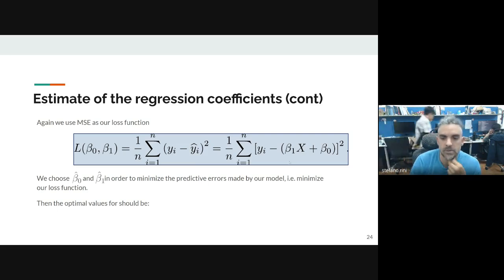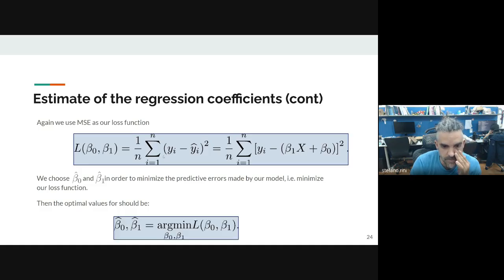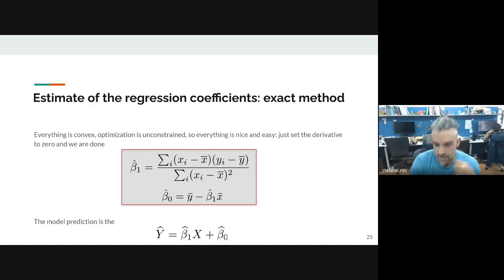And so what we can do is break down the prediction into the coefficients B0 and B1. Then we can say that the best B0 and B1 that we want to find are the ones that minimize the loss function. So they minimize this sum of squared distances, and the sum of squared distances is over our n. And remember that our beloved n is the number of elements in the data set. Very good. Then you go and you do some math, because math is always possible when you have linear models.